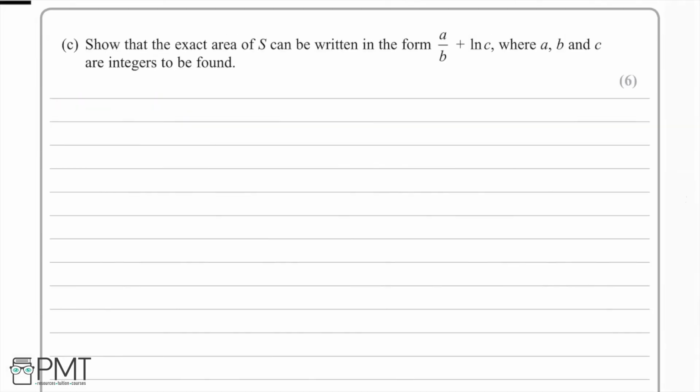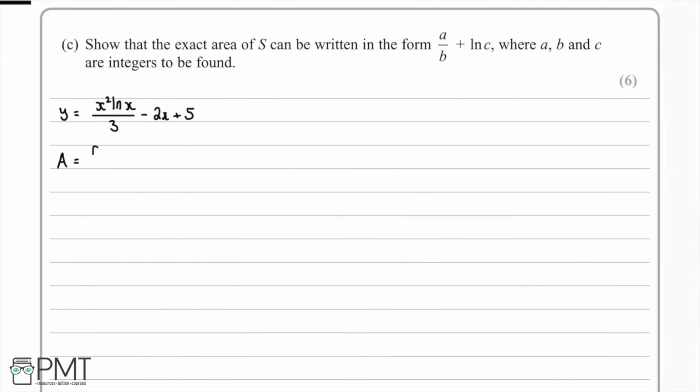So in part C of this question, we're asked to show that the exact area of S can be written in the form a over b plus ln c, where a, b and c are integers to be found. If we recall the earlier part of our question, we were given an equation of curve C, where y was equal to x squared ln x divided by 3, then subtract 2x and add on 5. So from our knowledge of integration, we can say that the area is going to be equal to the integral of y,